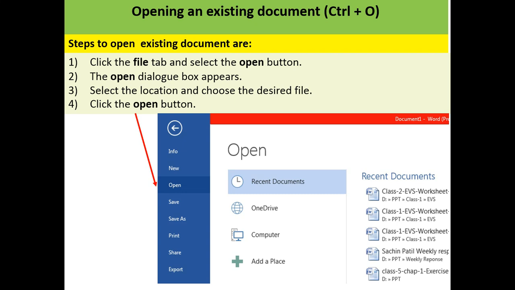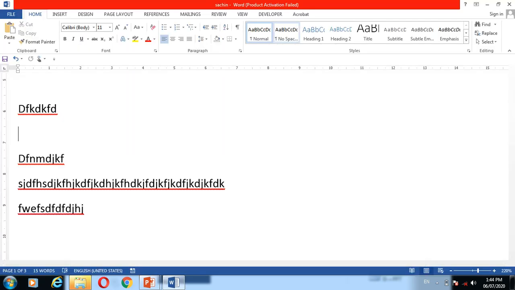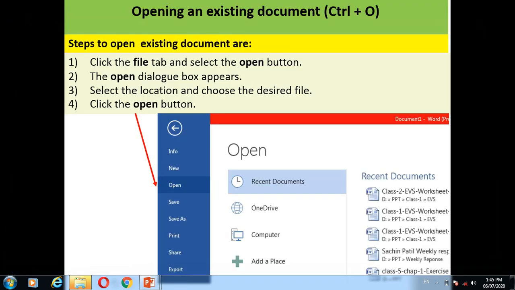Now see the practical. This is the Sachin file, and we stored that file. Now I close this file, and again we open this file. What do we do?